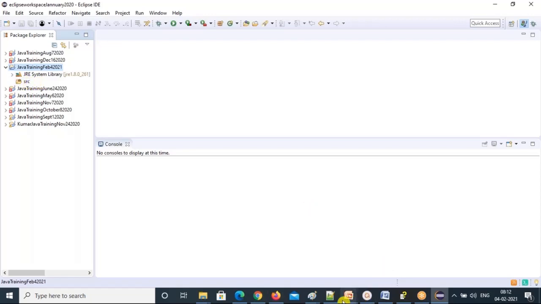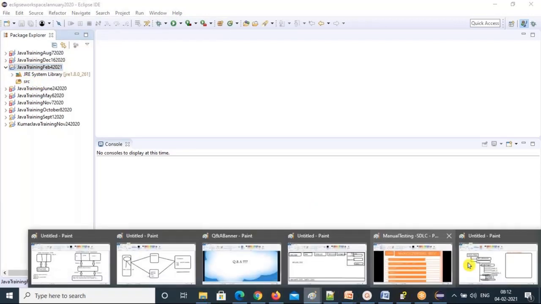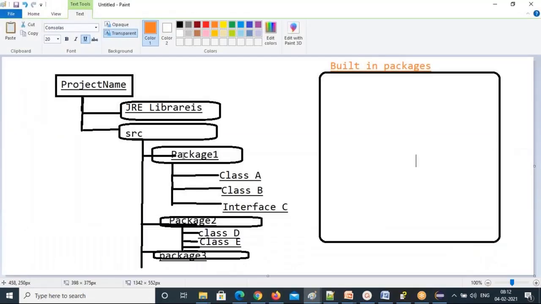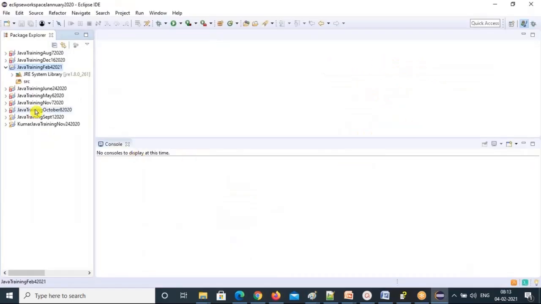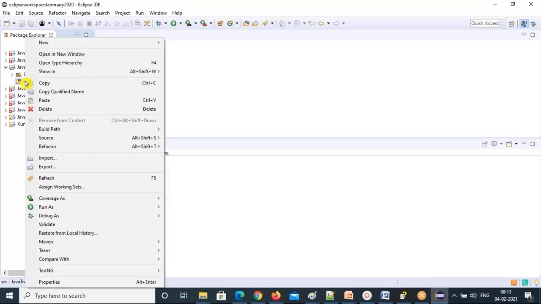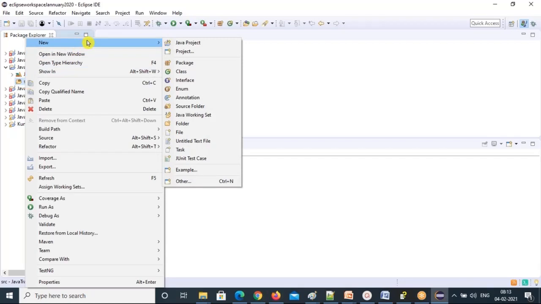Then SRC. Under SRC, we need to create our user defined package. So let's create this user defined package. Right click on the source folder, new.